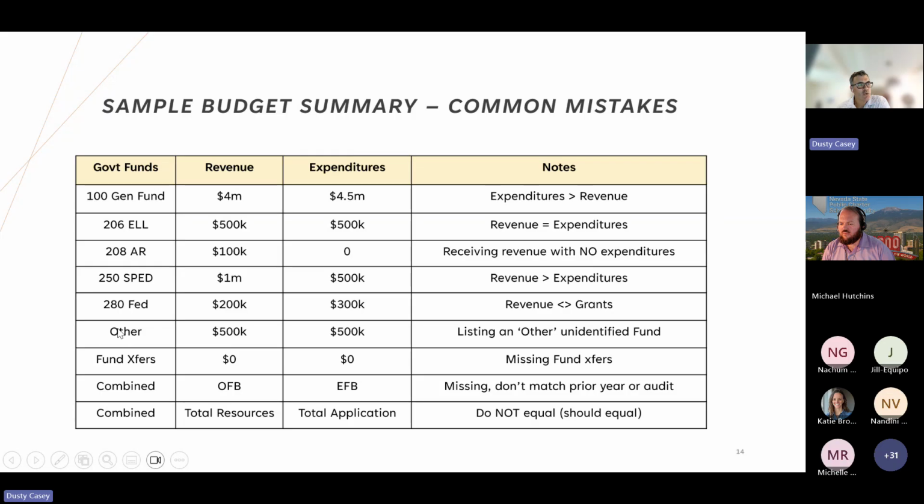I have seen where schools have just listed another fund, not even a number or anything. They've just listed an other fund with revenue and expenditures. Again, all your funds should have a number. They should fall within the NDE chart of accounts, and it needs to be a fund that's authorized by your